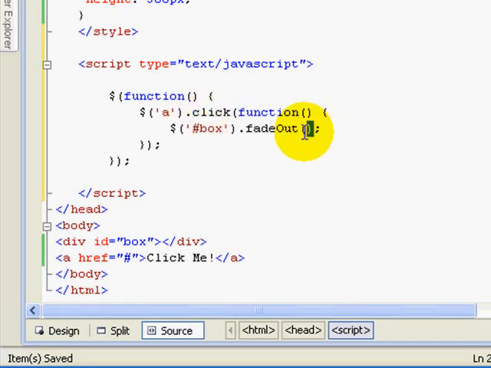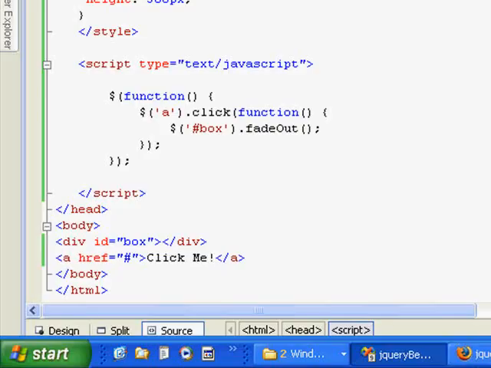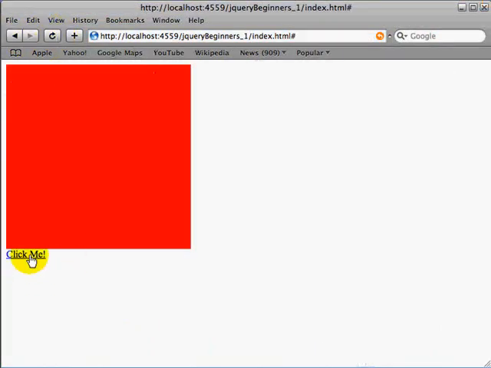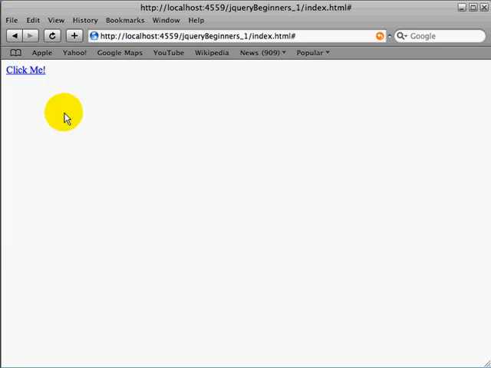Now, you might be wondering why there are always these parentheses? That's because we could pass in parameters here. In the fade out instance, we could pass in a speed to say fade out over 10 seconds. And then we could pass in another parameter that says when the div is done fading out, or when the elements in the wrapped set are done fading out, then perform another operation. We're going to leave it blank for just now, but let's see what this code gives us. I'm going to refresh my page, and I'm going to click on the anchor tag, and our image faded out